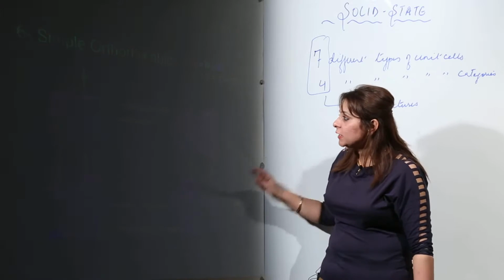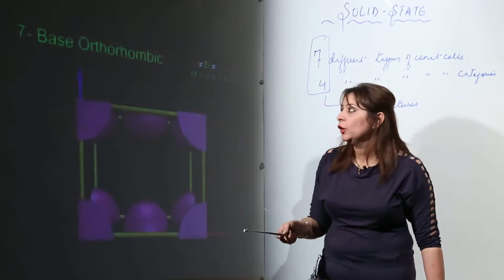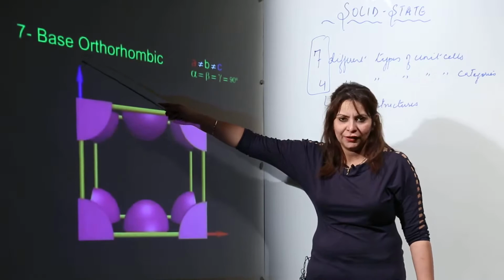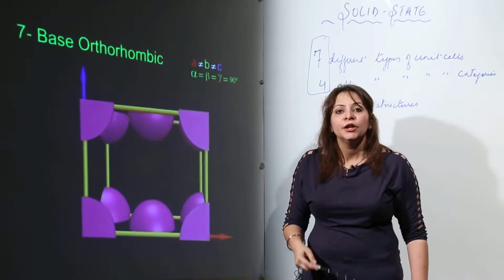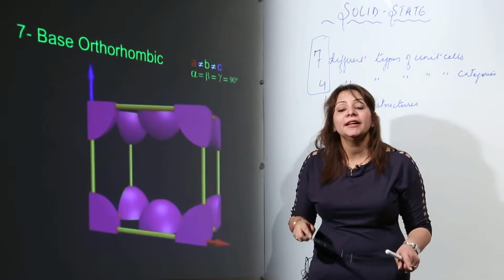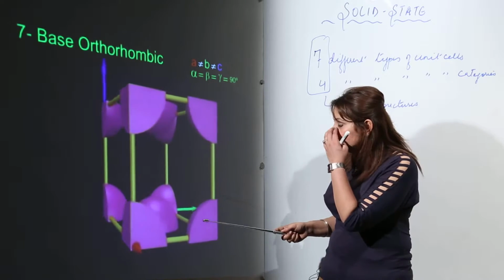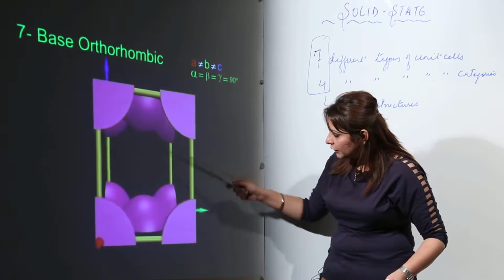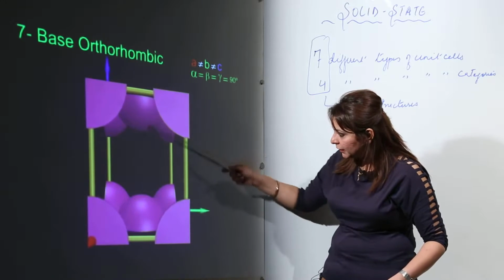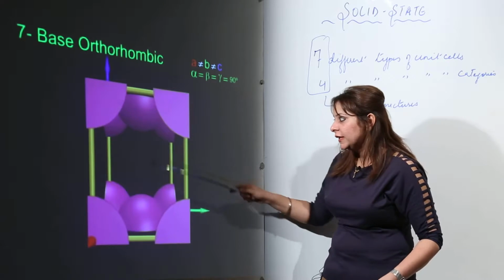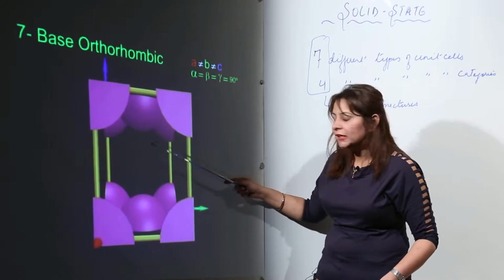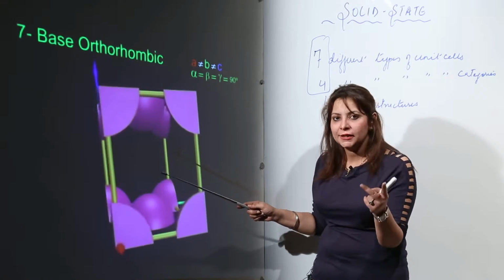Now you can see this orthorhombic form in another way also, that is the base orthorhombic. And what is that base orthorhombic? You get to see the particles at the corners and again on any one of the parallel planes. So here these parallel planes are chosen to be this one. This can be this also. This can be the front and back also, right.